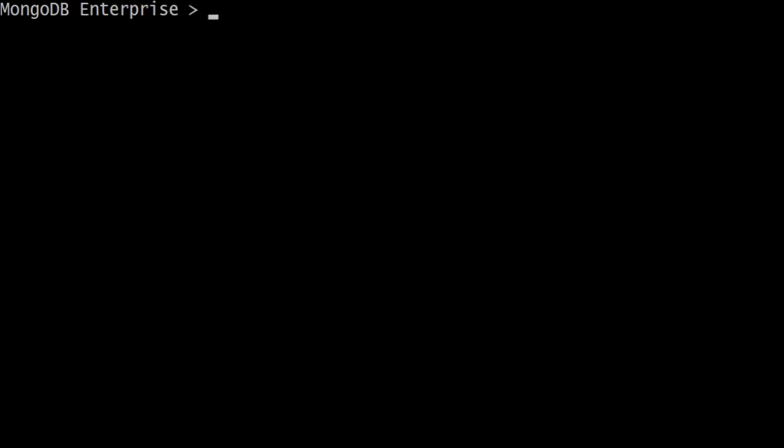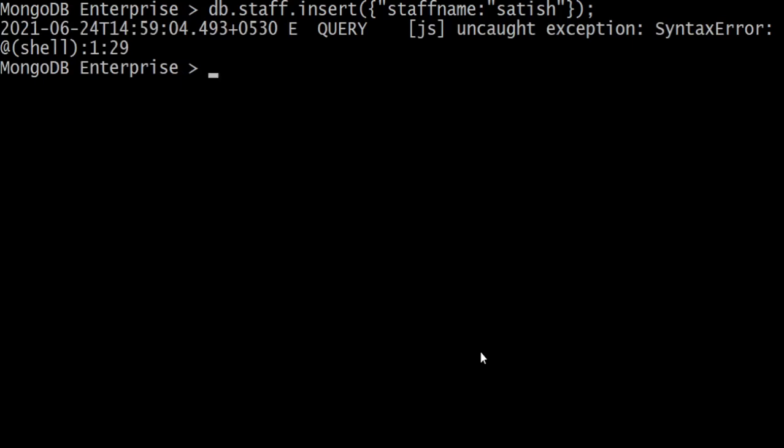Let's see the exact syntax of the particular command. db dot staff dot insert, staff name, colon, Satish, then curly bracket complete, semicolon, enter.